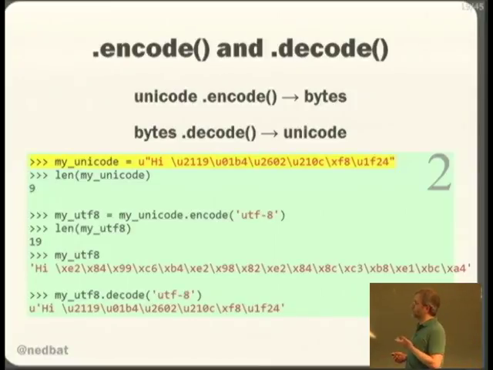Okay, so if we take a Unicode string, and this is the Hi Python string with the umbrella and the double struck capital P, notice that I can insert Unicode code points by using a \u and then 4 hex digits. If you need more than 4 hex digits, you need to go with a capital U and then 8 hex digits. The length of my Unicode string is 9, meaning there are 9 code points in it. If I encode that Unicode string into UTF-8, I get a new value, which is a byte string, which has a length of 19, because it's got 19 bytes.